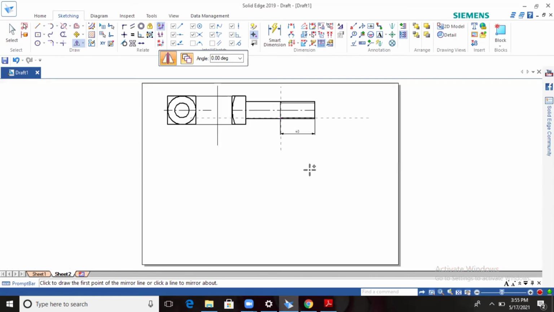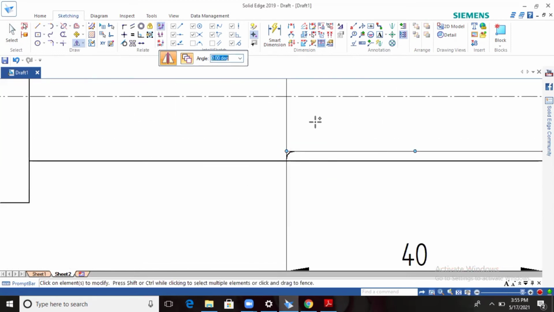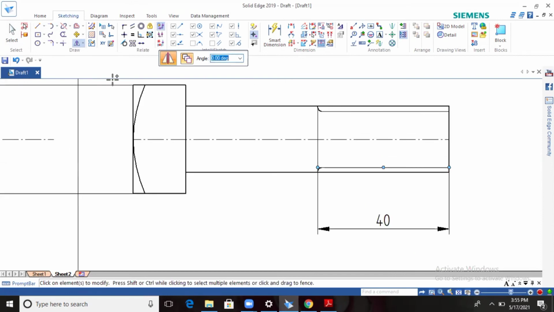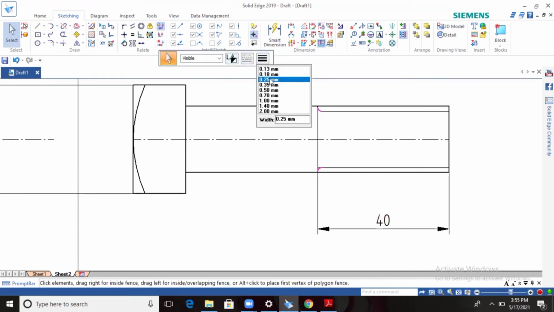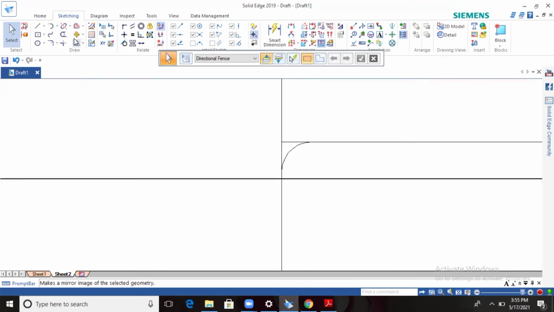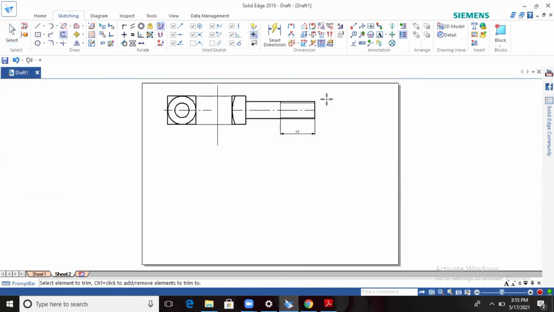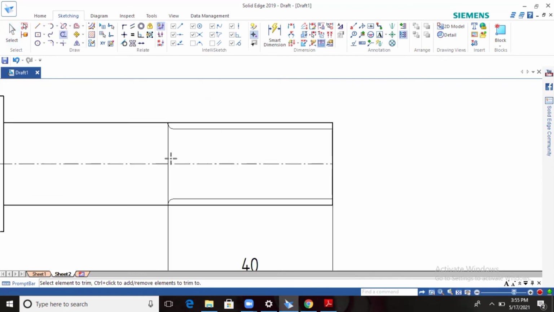Okay, so select both the things, fillet, make it 0.25, 0.13. Okay, any extra line is there, go for trim this one. That's it. So this is the